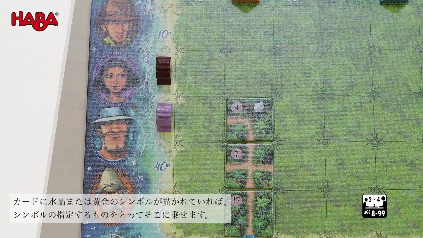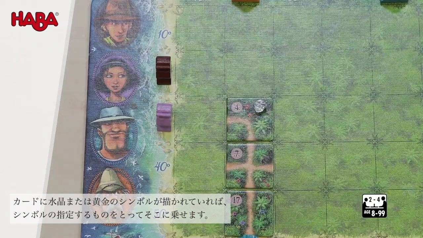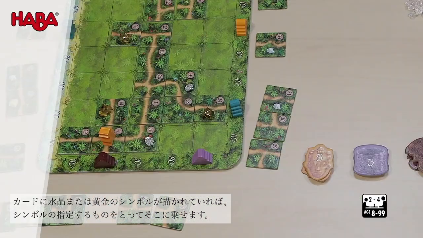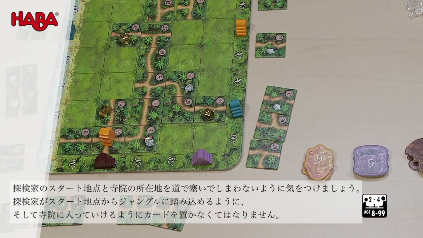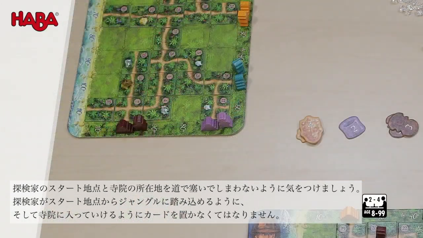If a tile with a crystal or gold nugget is played, the appropriate item is placed on the tile from the supply. Always make sure that an adventurer or temple is not accidentally blocked and thus stranded by a dead end. In other words, place the tiles so that the adventurers can move and the temples can be reached by